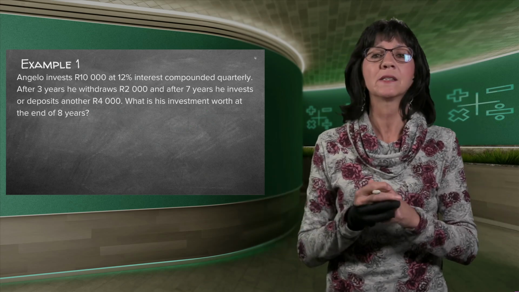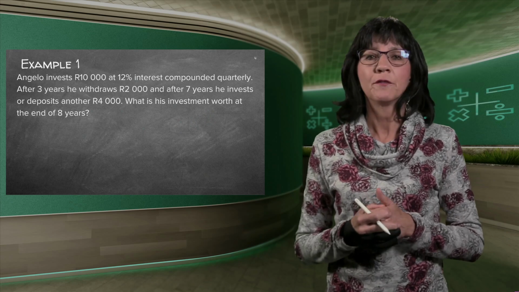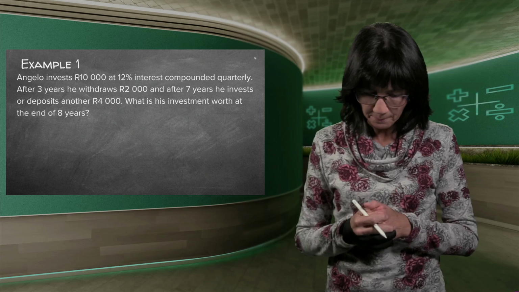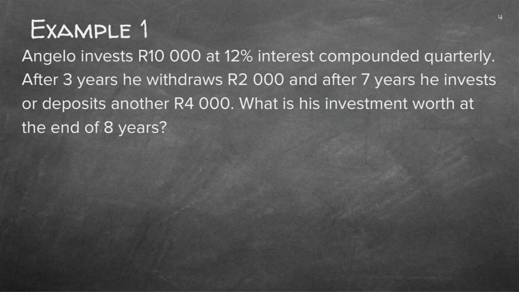But as I say always, it's best to do an example because if we do an example, you can exactly see what is happening. Okay, Angela invests 10,000 Rand at 12%. Let's do it because we're now used to it. Invest, so that is my beginning money. I start with it now at the present, P. At 12% interest, there's my I, compounded quarterly. Very important because then I have to divide by 4, quarterly. I'm already reading the 3. After 3 years, that is your N. 1, 2, 3. There's your 3 things involved.